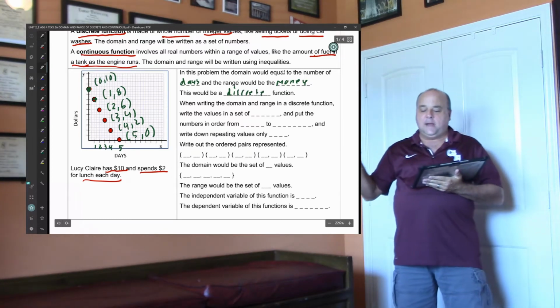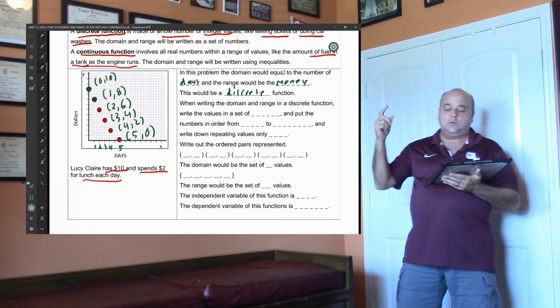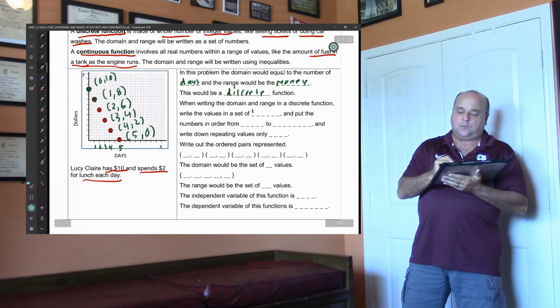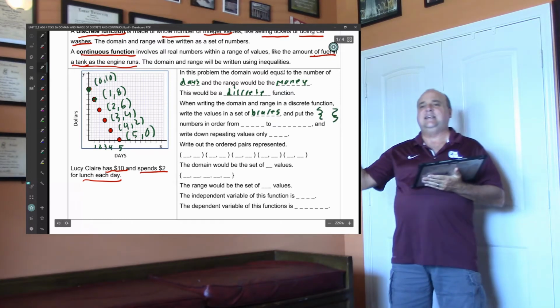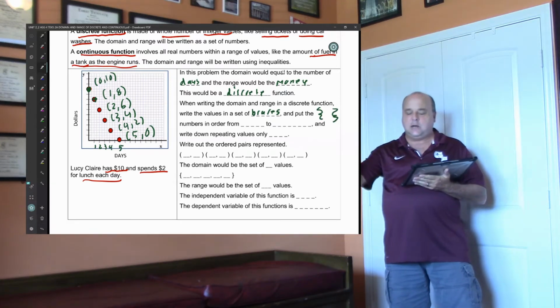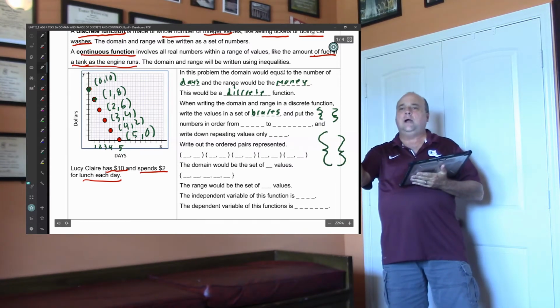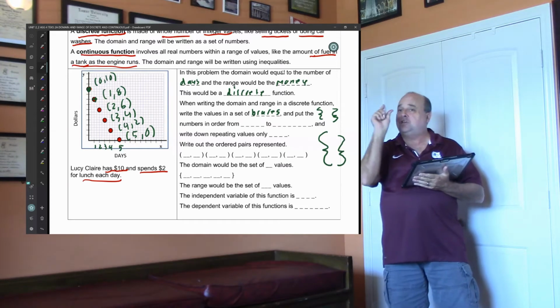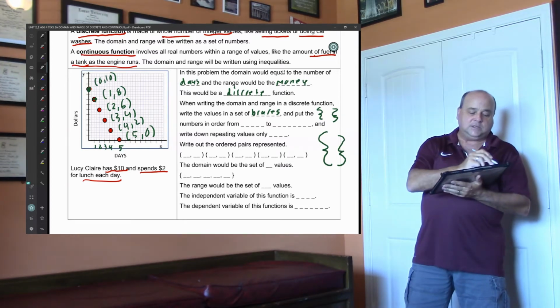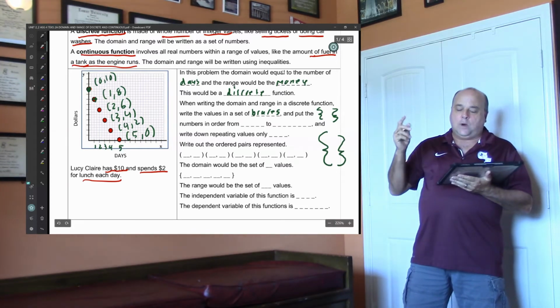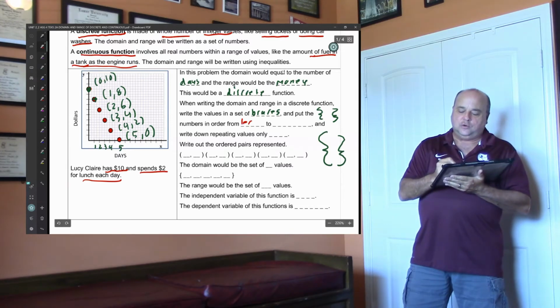When writing the domain and range in a discrete function, write the values in a set of braces, which looks like this. Where it's a set of numbers. Whenever you write a set of numbers, you use a brace. If you want me to make this bigger, it looks like this, right? So whenever you write domain and range in a discrete function, you'll put your answers in braces. Okay? Write the numbers from least to greatest